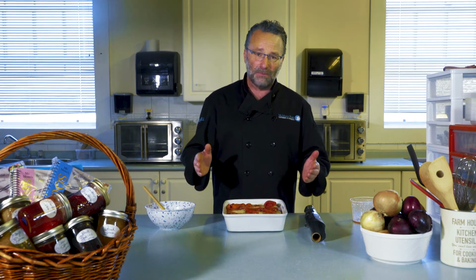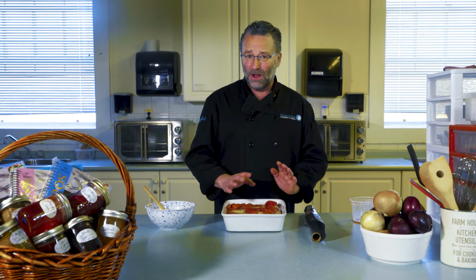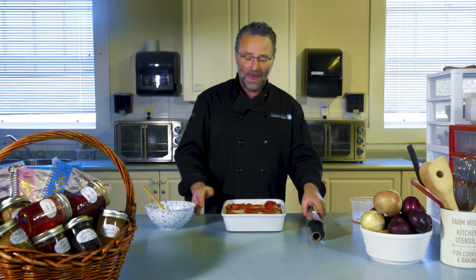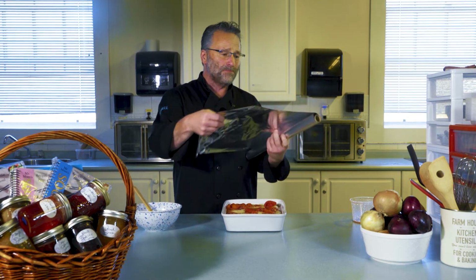Many people have said, oh, I've heated it up for 5 minutes, 10 minutes. No, you need to bake it in an oven for up to an hour, hour and a half, depending on your oven, possibly even 2 hours. The more you cook in a pan, the longer you have to cook it. So once you've got your sauce on, you can top it off with a little more salt and pepper. I wouldn't. I'd wait to season it after it's been baked, just so that you have a sense of what the true flavor is. And then what we're going to do is just take some tin foil, aluminum foil, and